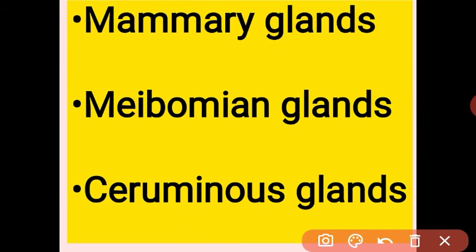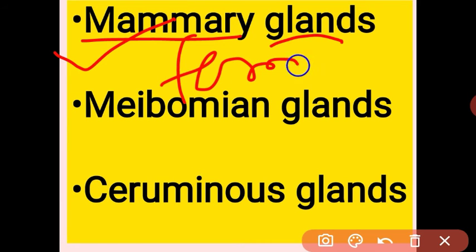First we see the mammary gland. It is also called the milk secreting gland, and also the modified sweat gland. This gland is present in both male and female. But in the male, it persists only in a rudimentary state. But in the female, at puberty, it becomes enlarged and forms the pair of breasts.